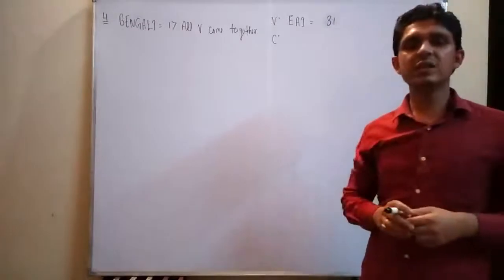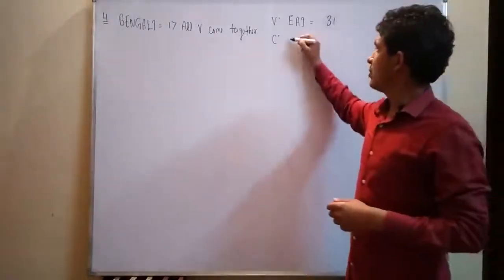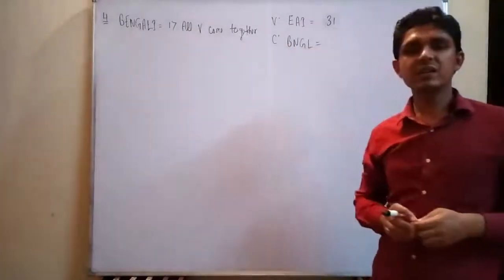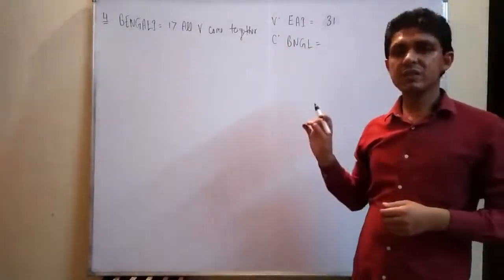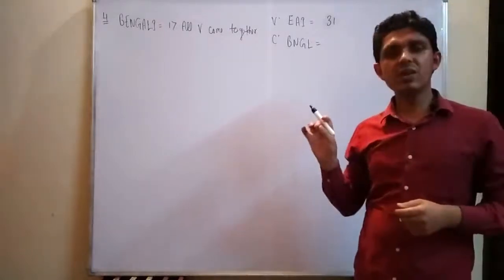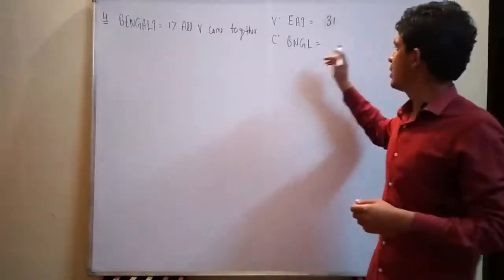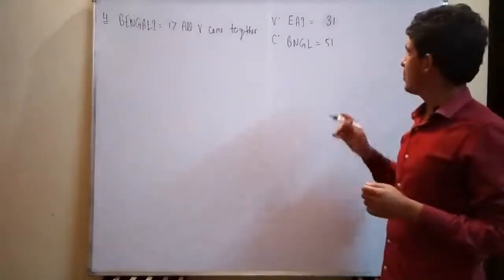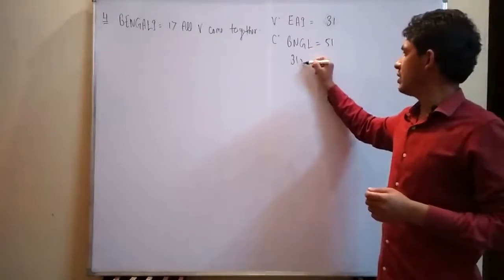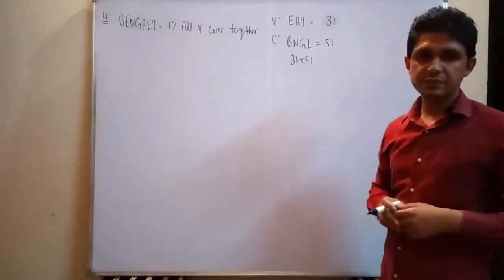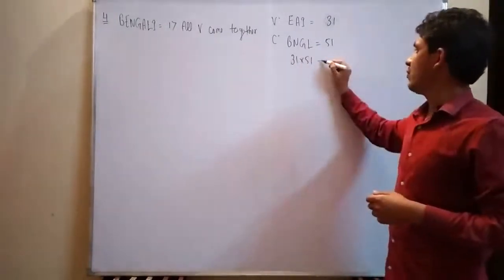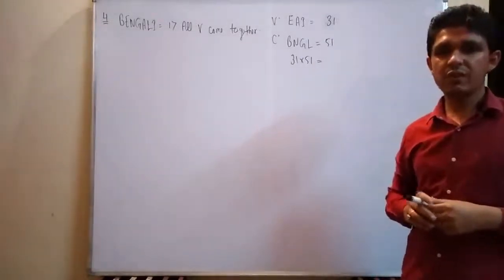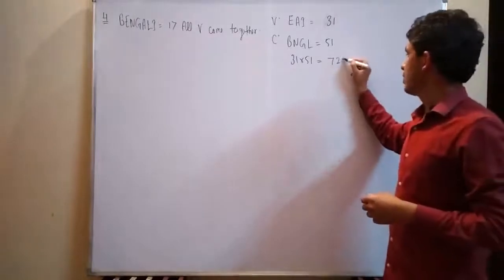And the consonants are B, N, G, L. And if we arrange all the vowels with these consonants, this will be arranged in factorial 5 ways, right? And the total number of arrangements will be factorial 3 multiplied by factorial 5. The value of factorial 3 is 6, and the value of factorial 5 is 120. So the final answer will be 720,